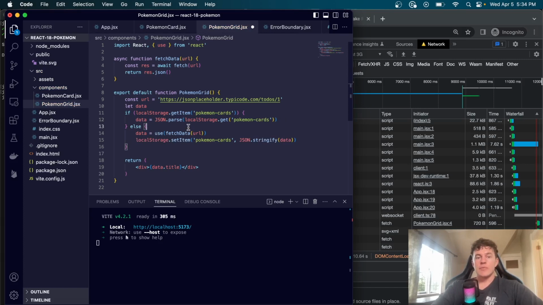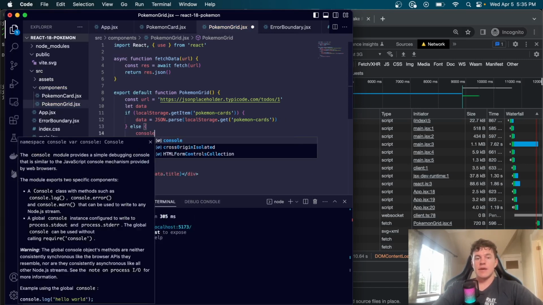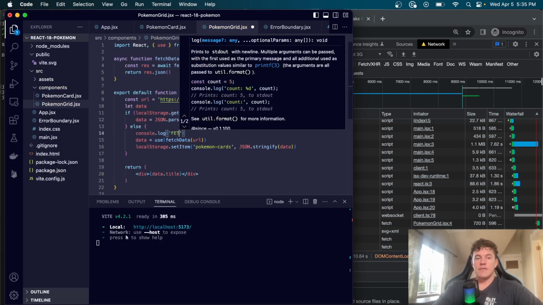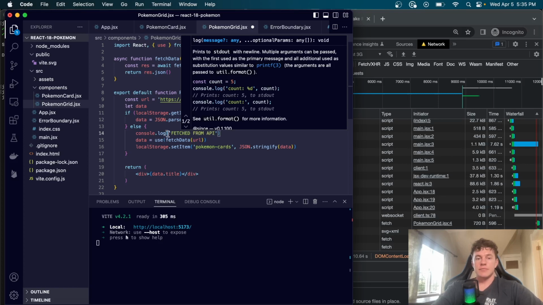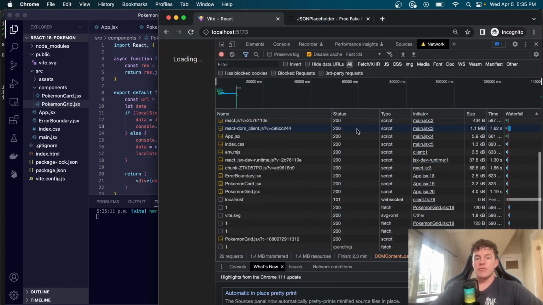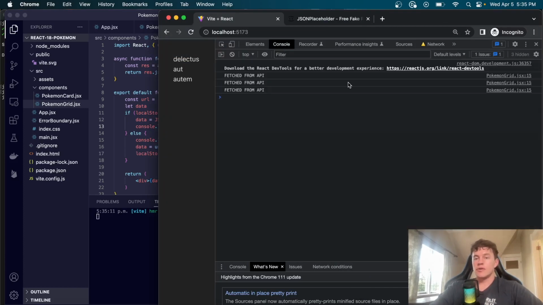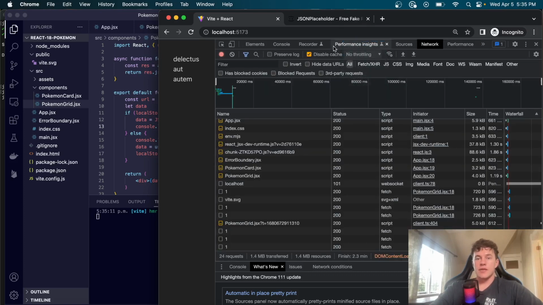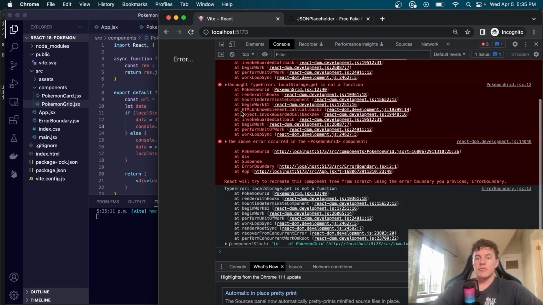And with this caching, we should be able to see just here, if I console.log "fetched from API", and then up here we duplicate that and say "fetched from cache", that when I reload this page, we console.log "fetched from API". So that works perfectly. Now, if I remove that throttling and come back into our console, reload the page,